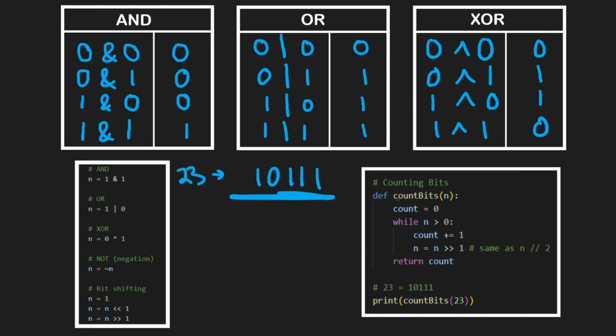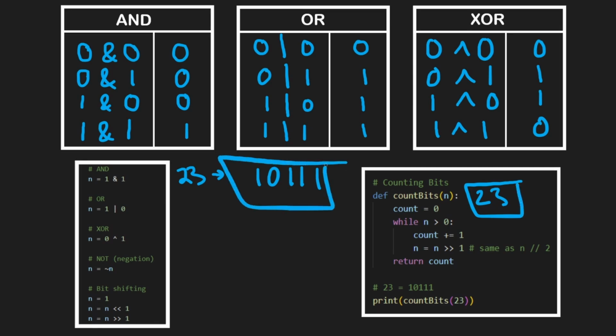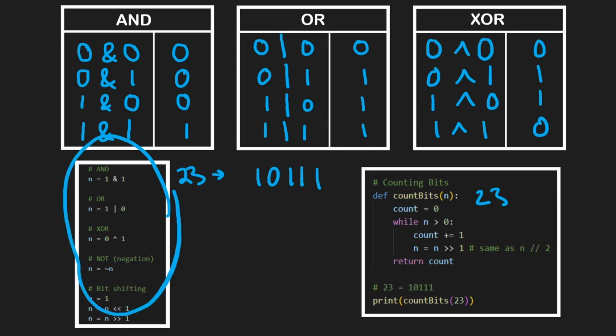And suppose we want to, given this integer, count the number of bits. Now, n in this case is going to be 23 base 10, but we know under the hood that's represented by some binary value that will look like this. So we want to count the bits of its binary representation. How can we do that? Well, we're basically going to use the same ideas that we talked about over here. We're given that as a parameter, we're counting the number of bits. Initially, that's going to be 0,